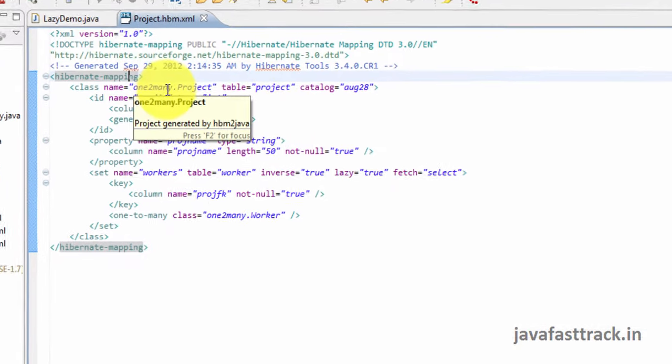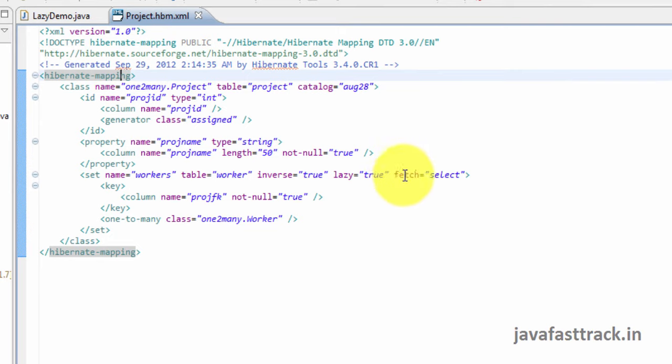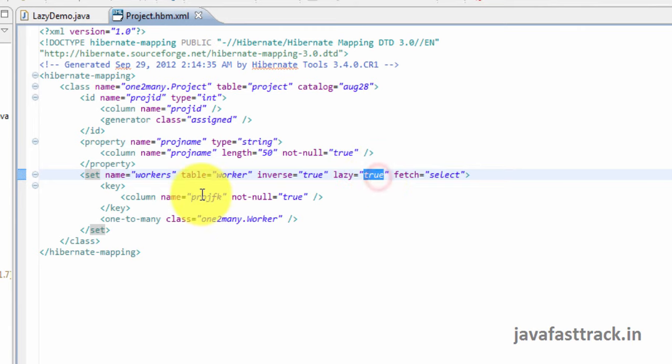I once again go to the project mapping file. Here fetch is mentioned as select. Right now lazy is true. I make lazy as false. When Hibernate is not lazy, then only you should work with the fetch property.